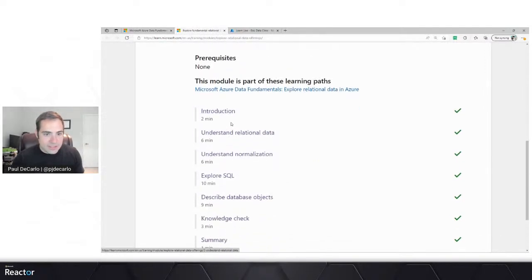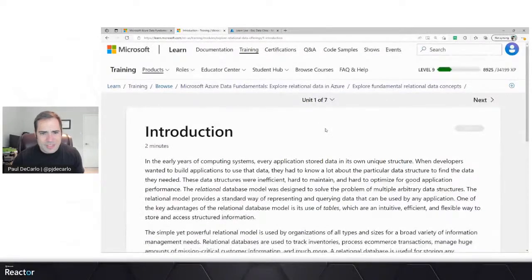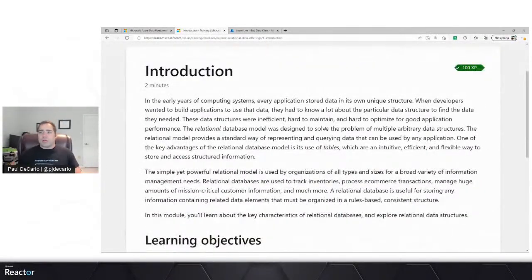So let's go ahead and get started with the introduction module and talk about where SQL came from, where relational databases came from. In the early days of computing systems, as you might assume, applications needed to store data. And one of the ways that they would accomplish this was utilizing unique data structures, or basically sometimes in-memory ways of representing data. This could be the kinds of things you would hear about in computer science that were not necessarily scalable, but stored your data. So it kind of solved the problem, but didn't necessarily do it in an optimal way.